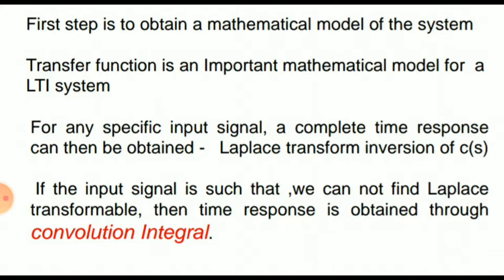Second, find the expression for R(s) from the information of reference input r(t) to be applied to the system. So we have to decide the input, that is r(t), that is applied, and we have to take the Laplace of that input. Then substitute R(s) in the closed loop transfer function to obtain expression for C(s). You have to put the value of R(s).